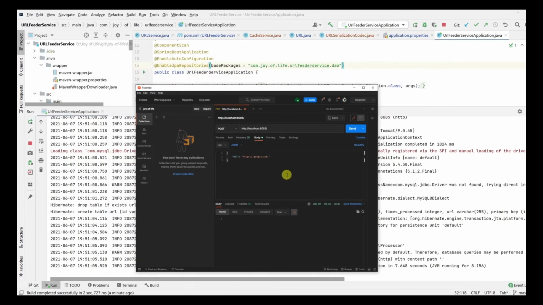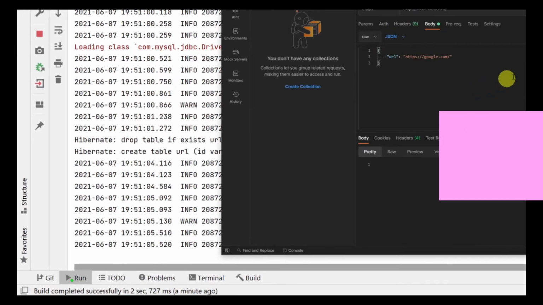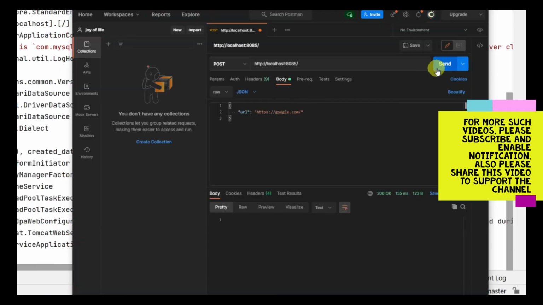Postman. So we are going to send a request over here, and we are going to send it with google.com over here. And so what will happen is it will check in the cache first. It won't be there. It will check in the DB. It won't be there. It will store in the DB. It will store in the cache. And next time when I send a google.com, it should serve me from the cache and does not hit the